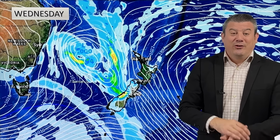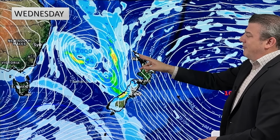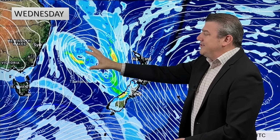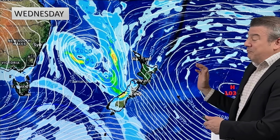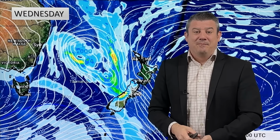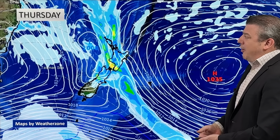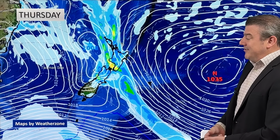Exactly what people want if you need rain, especially in central parts and northern parts of the country. This is a good placed low pressure system. What could go wrong between now and then? The high to the east, not going as far east and sort of pushing back against it, and the next high coming in faster. That could kind of put the squeeze on that system and smother it and stop it from forming. But for now, as we go through to Thursday of next week, it doesn't look like that's going